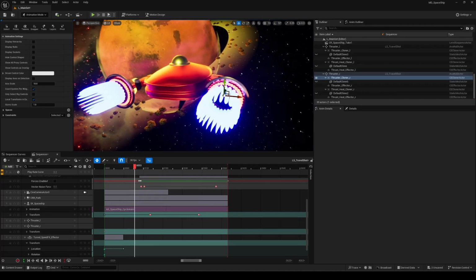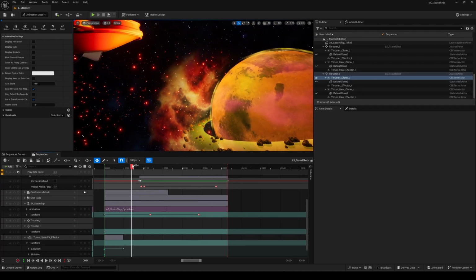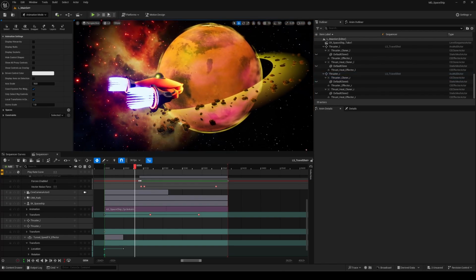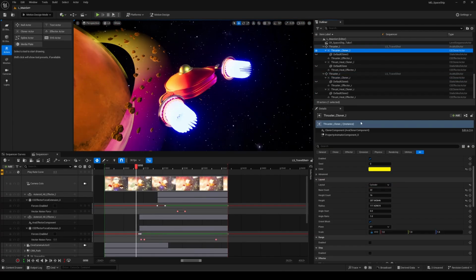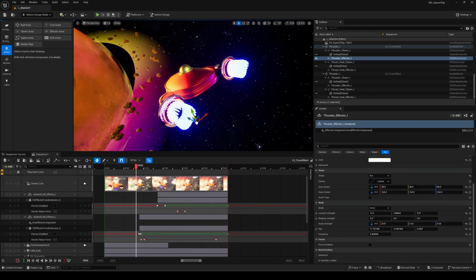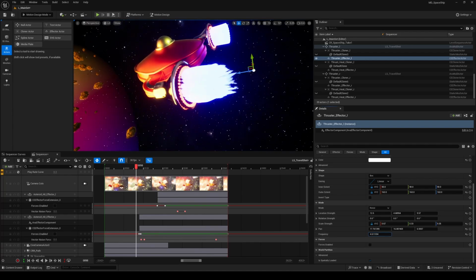Yes, the entire thruster effect is powered by motion design. It's a simple effect, sure, but the logic behind it is what matters here. One cylinder cloner is used for the main thrust, and a secondary circular one surrounds it. With noise effectors, adjusted with pan and frequency values, you get this floating, pulsing thruster effect in just seconds.